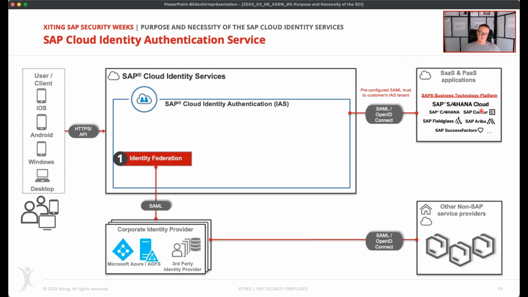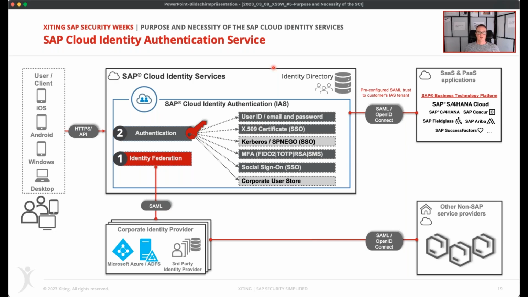So you have all these trusts established here. And on the other hand, you just federate one time with your corporate IDP, which still is connected with many other non-SAP service providers like it was before. And that works even without having any users in this system, the IAS.